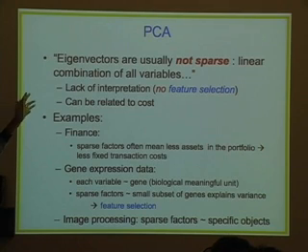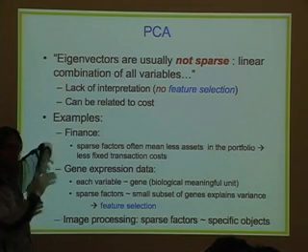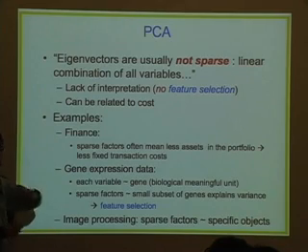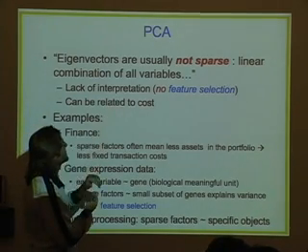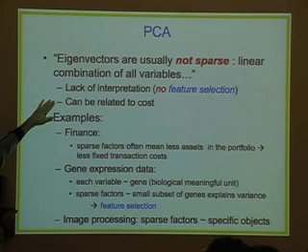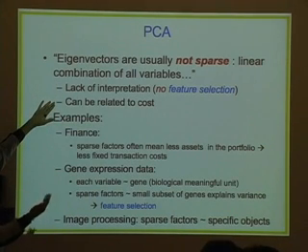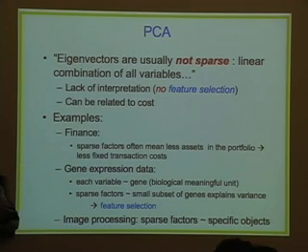So the bottom line here is that these vectors xi, our principal components, usually have all non-zeros in there, which means we need all genes, for example, to explain the variance in our data. So the fact that it's not sparse gives us a lack of interpretation. There's no feature selection that happens that can help the interpretation for a biologist, for example. Or we can have cost-driven reasons as well, transaction costs for financial portfolios that would like to have principal components that are a little bit sparser.